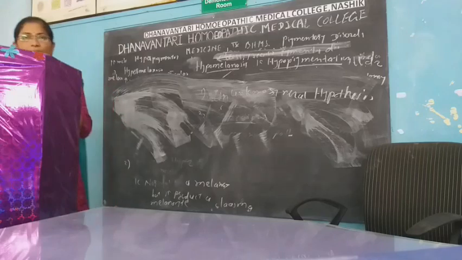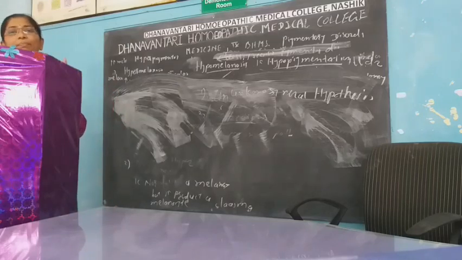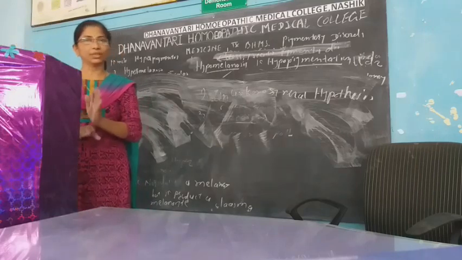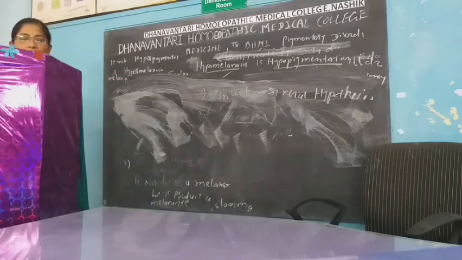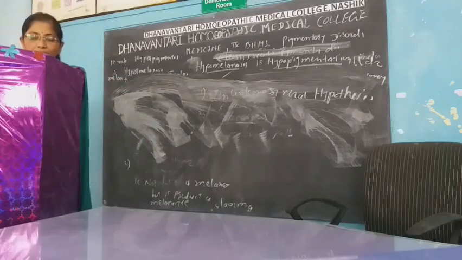What is another differentiation? There is patchy loss in vitiligo, meaning leukoderma. Here there is patchy loss of the skin color, and albinism is a genetic disorder with complete loss of skin color, meaning all the skin is white and present from birth. This is the difference between albinism and vitiligo.